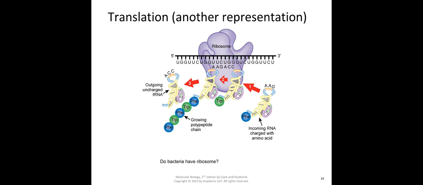So a question then is, do bacteria have ribosomes? So we've talked a lot about how eukaryotes and prokaryotes are a little different. Eukaryotes have a nucleus, prokaryotes do not. So question is then, do bacteria have ribosomes? Yes. In order to actually translate mRNA into protein, you have to have ribosomes. And so they have their own types of ribosomes that are just a little different than ours, but